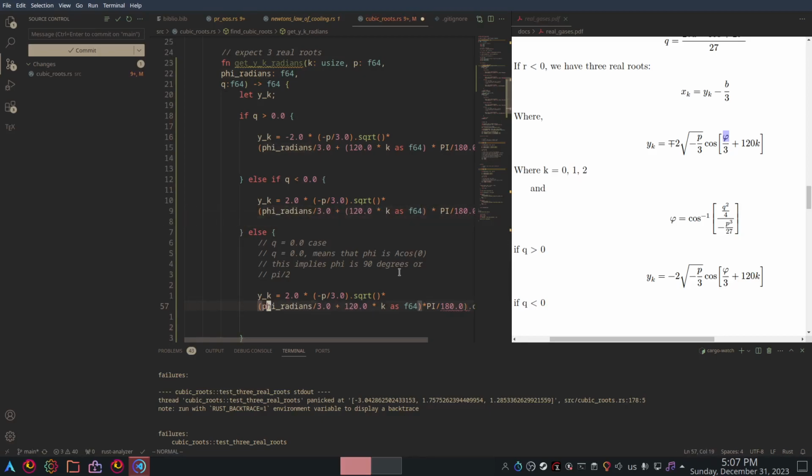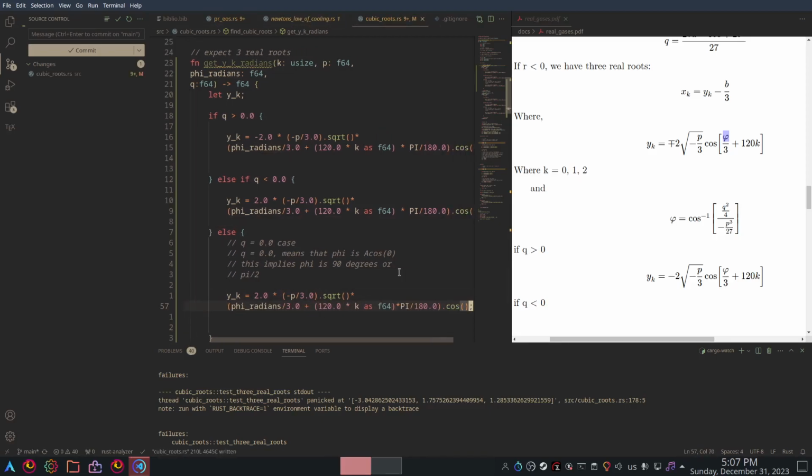I'll write it down and go here. See, so there are 3 values here. I'm going to change this down, and this will be pi divided by 180. I'm not going to convert it into a simpler fraction, because I want to